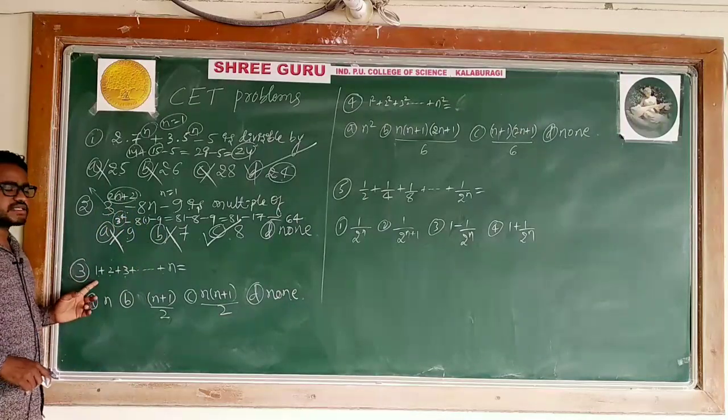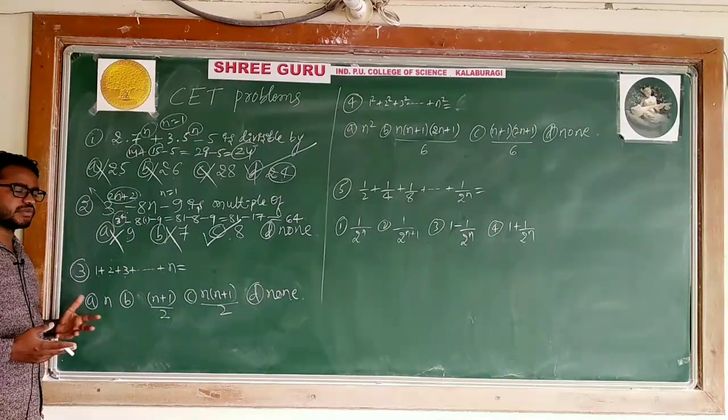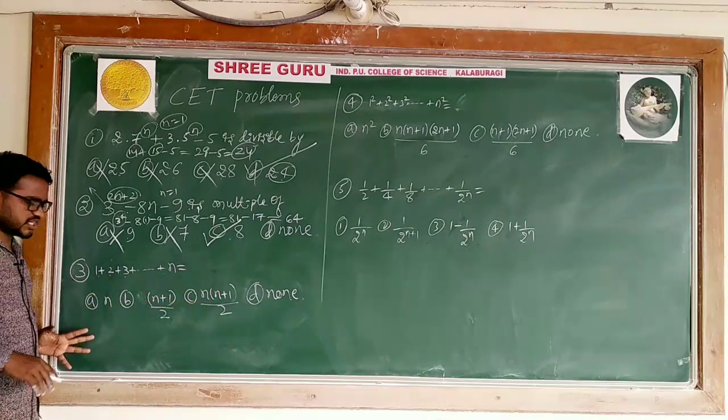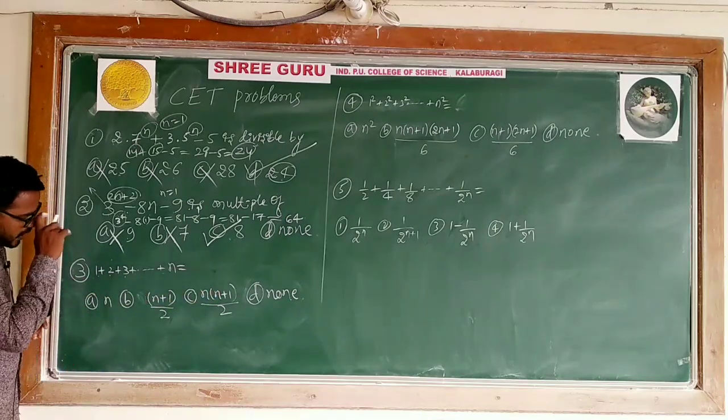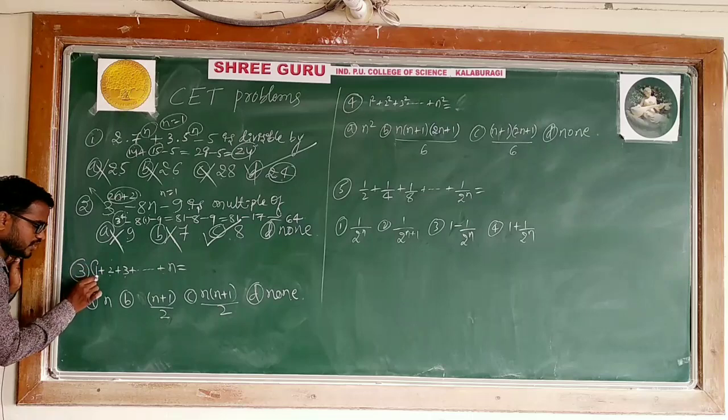It means that it is a sum of the natural numbers. We know what the sum of the natural numbers is, but he has given some options. According to that you can decide. Now, when you are saying n is equal to 1, you should get 1.